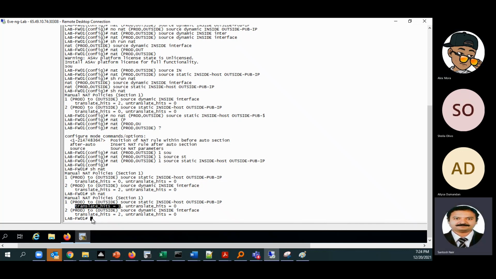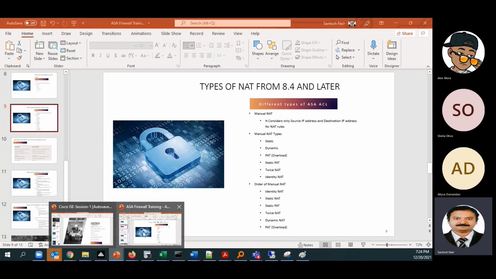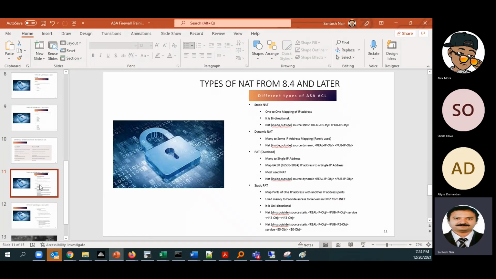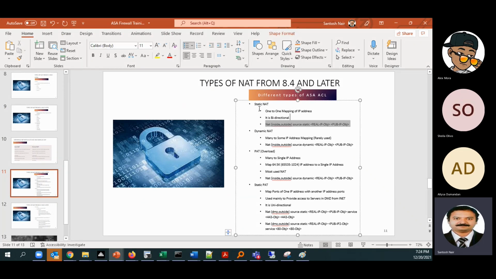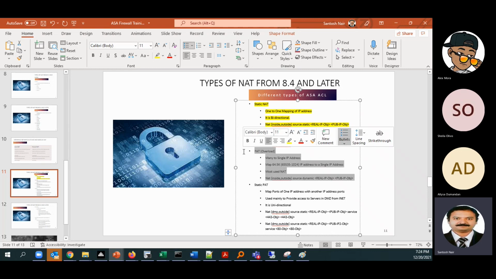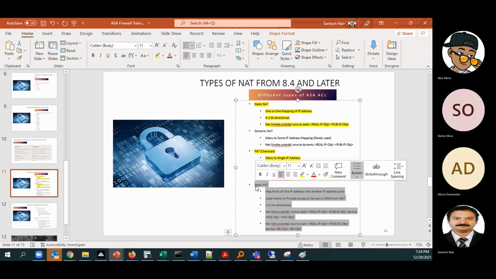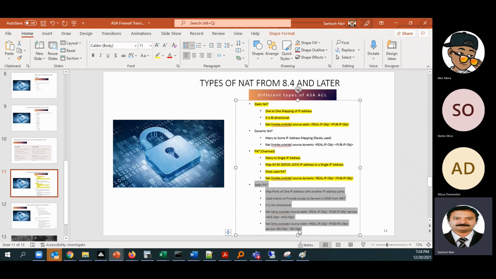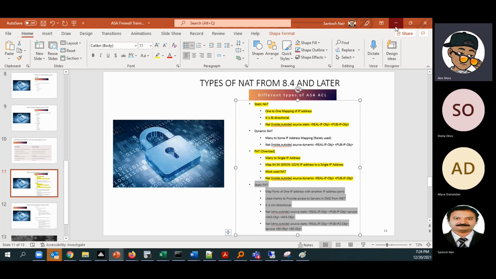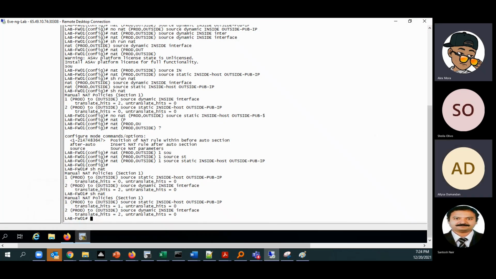If you guys have time, there are other things that we can do. So we have done static NAT, and we have done the PAT. Dynamic NAT is not used much actually, so that is fine. If you want, we can try to do a static PAT also. A static PAT is port to port translation. Okay, do you want to do it? Yeah, we can do it.